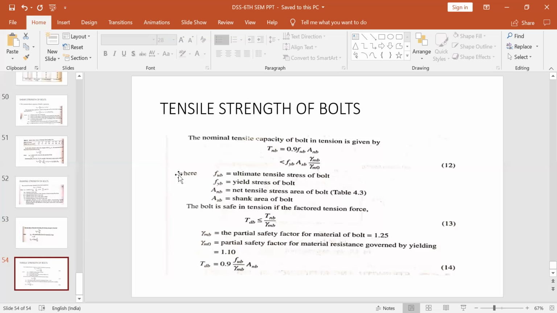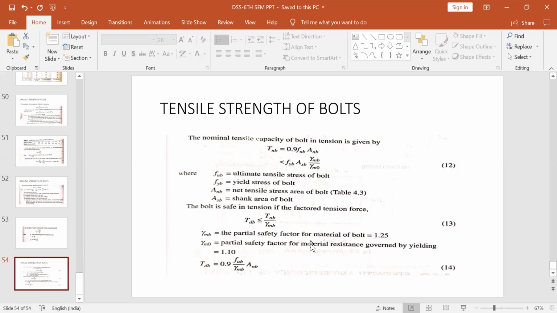Now you have found out the shear strength, the bearing strength, and the tensile strength. Based on that, we'll discuss how to solve problems in bolting, how bolted connections are designed, and then some concepts about high strength friction grip bolts. These 3 strengths you are calculating in case of normal bolts or unfinished bolts; how do we calculate them in case of HSFG bolts? That we'll discuss. We'll take up some problems, otherwise you can't understand what is going on.